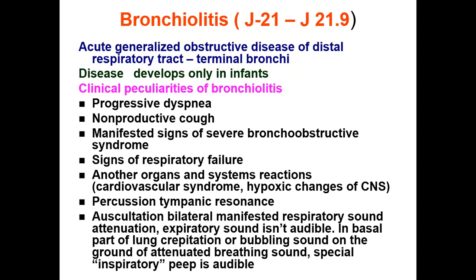respiratory failure, and other organs and systems reactions. Percussion: tympanic resonance. Auscultation: bilateral, manifest respiratory sound. Attention, respiratory sound isn't audible. In the basal part of the lung, crepitation or bubbling sound on the ground of attenuated breathing sound, spatial, inspiratory,